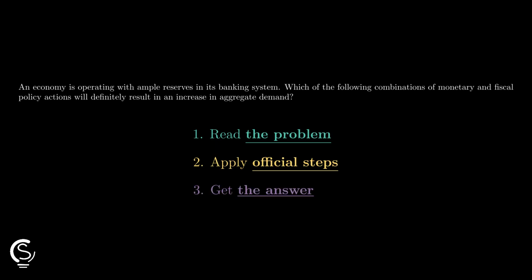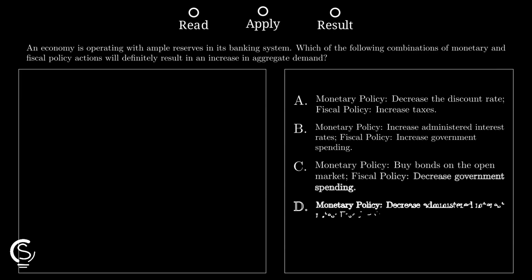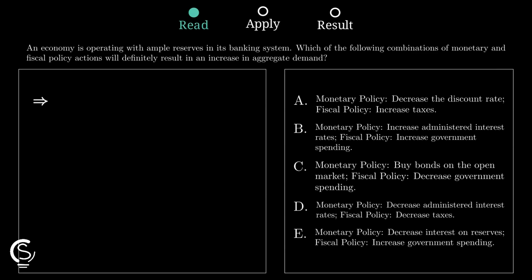Let's go! Aggregate demand questions get easy fast when you track which policies are actually expansionary, then match the only choice that pushes spending upward. In an economy with ample reserves, watch this. Tools like the discount rate matter less, so the clearly expansionary monetary move is decreasing administered interest rates, which pushes